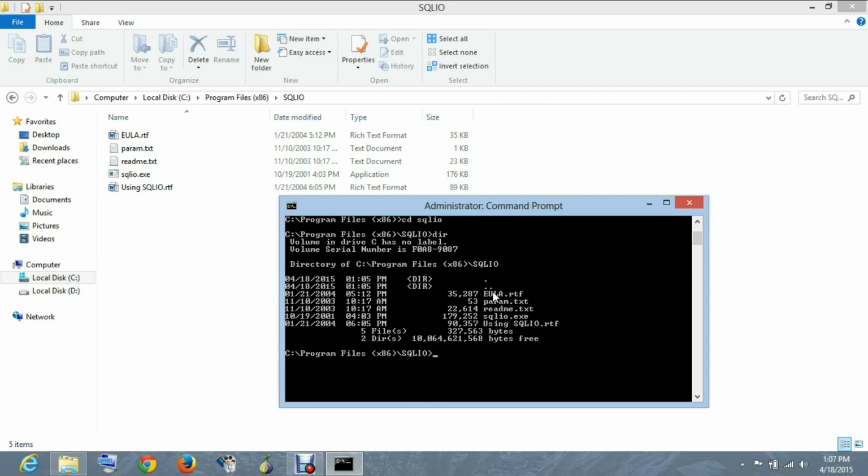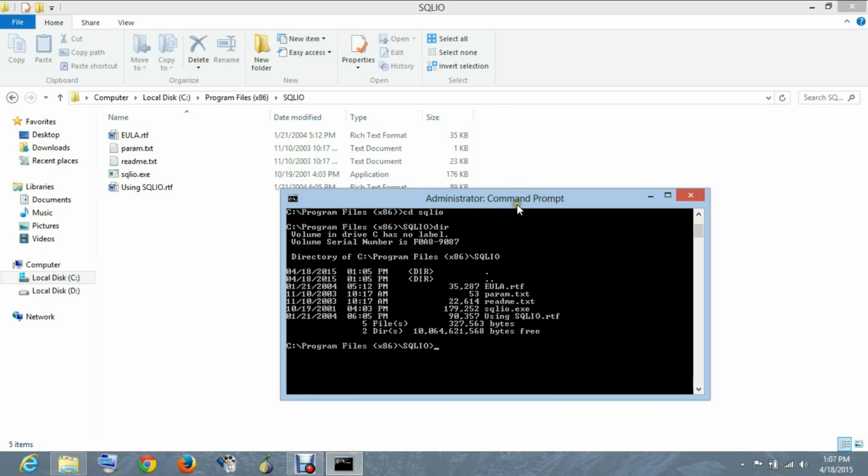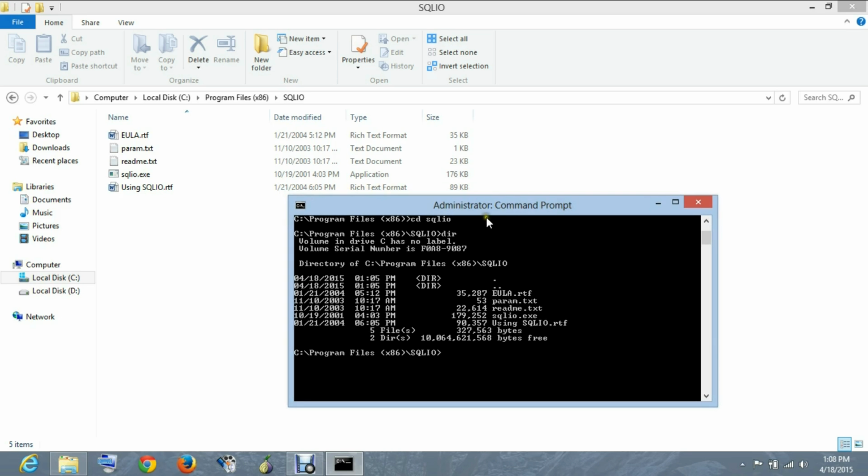Now before we start using this tool, remember that even though the name of this tool is SQL-IO, you can use it for testing any hard disk of any server or any computer, even one that is not running an SQL server. It has got nothing to do with SQL server itself. For example, my computer, the one on which I'm showing you the demonstration right now, does not store an SQL server, but still I can use this tool. So even though the name is SQL, don't get confused by it.